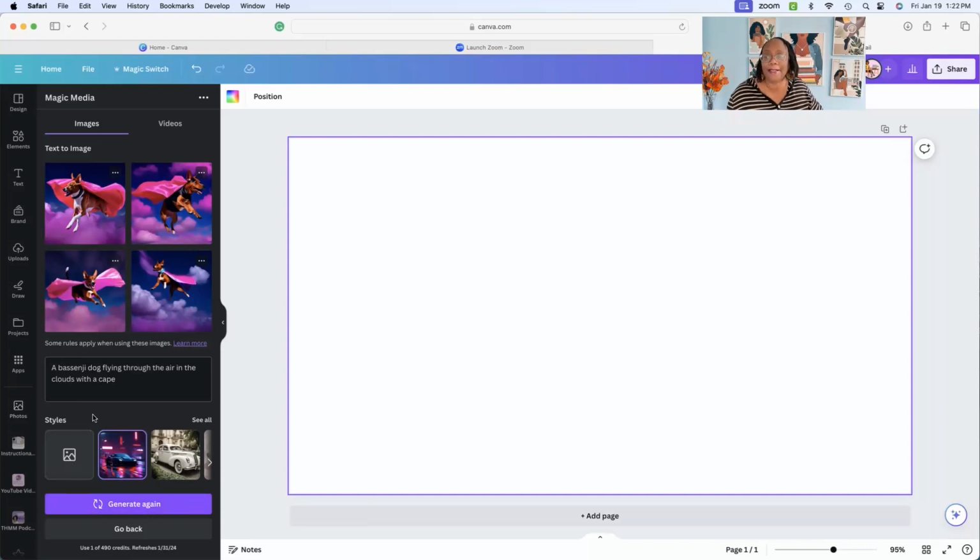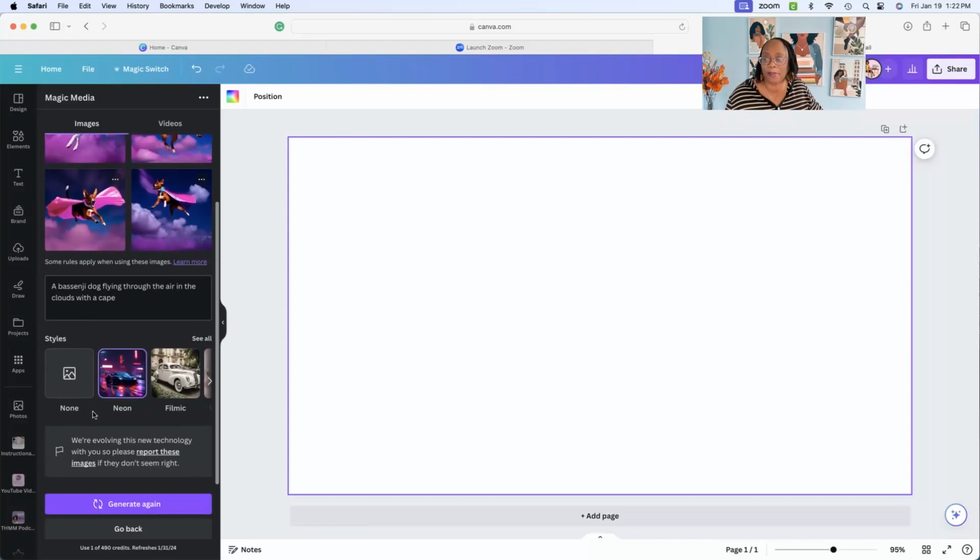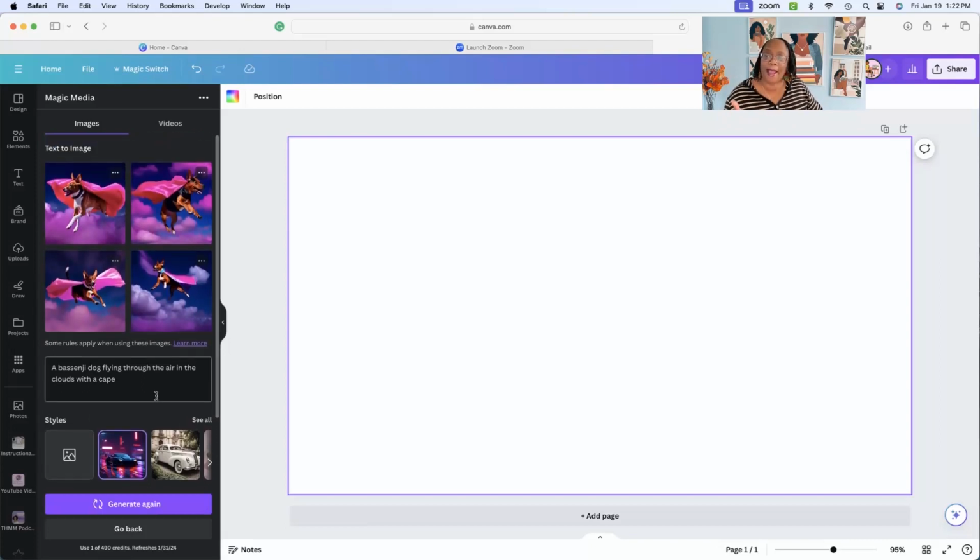Well, that's up to you, but that's why you keep playing with it. Now, what I'm noticing is that it doesn't really hit the mark of exactly what I want. So what I'm going to do is I'm going to add something. I'm going to say a Basenji dog flying through the air in the clouds with a cape,